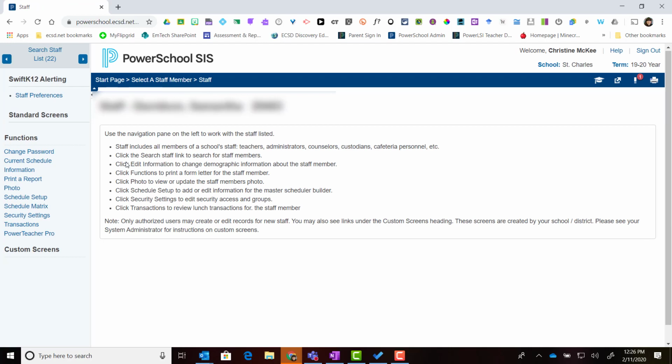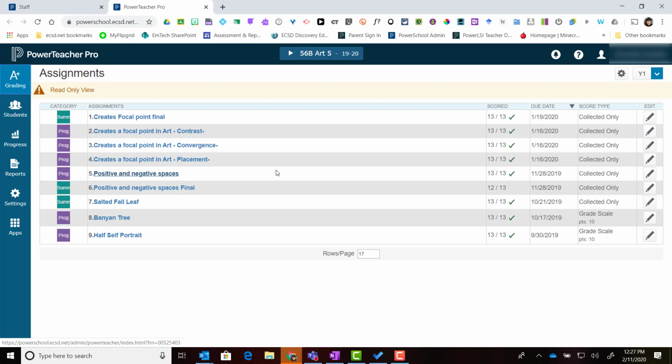Once I've selected a specific teacher, I can launch their PowerTeacher Pro gradebook by coming over to the left navigation menu and clicking on the link to PowerTeacher Pro. You will notice that when PowerTeacher Pro launches, it launches in the assignment list of a specific subject that teacher